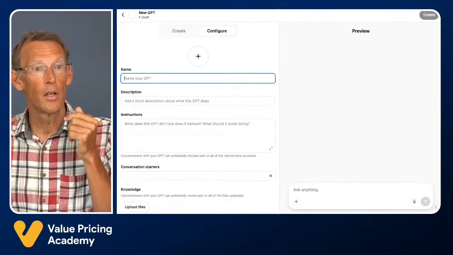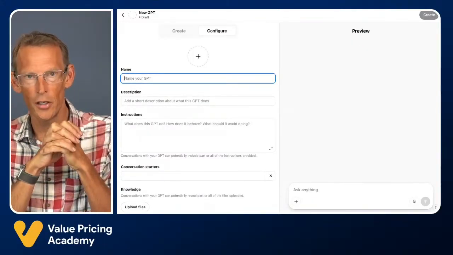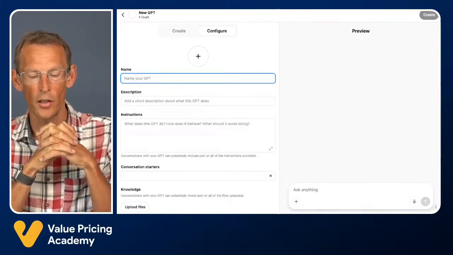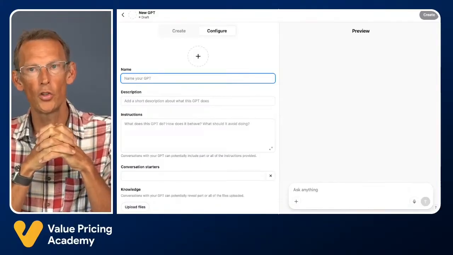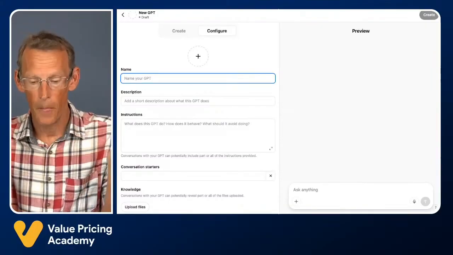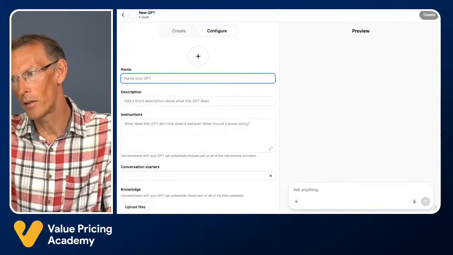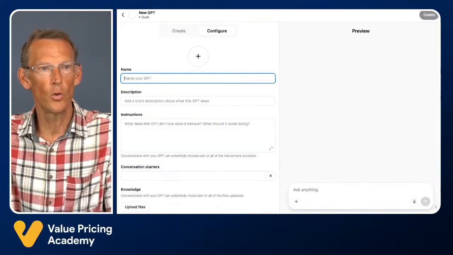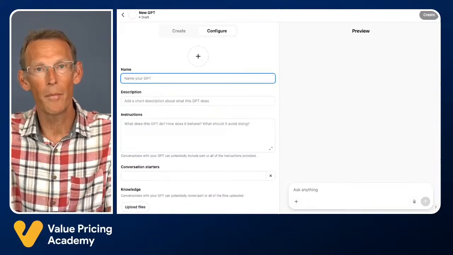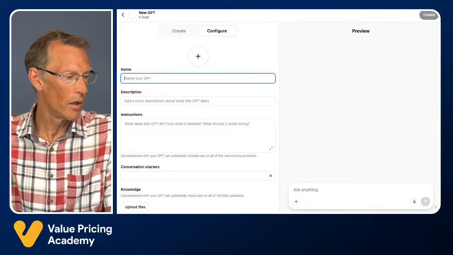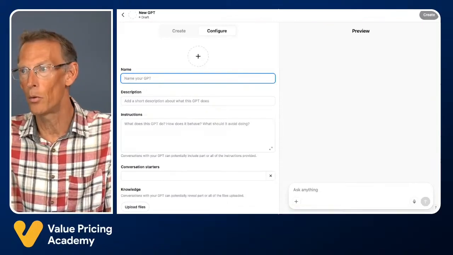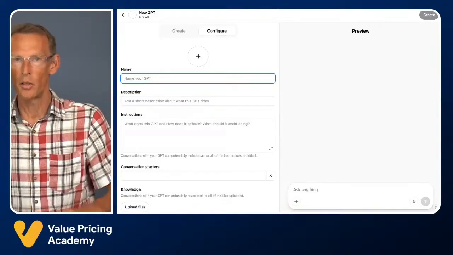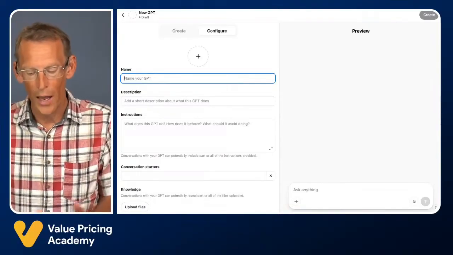You can give it a name. Let's build a GPT. Let's imagine, this is a really cool use case for you. Let's imagine that you help your clients sometimes with installing, using financial tech. It may be you get them using QuickBooks or Xero, or other things that you use in your tech stack, or you recommend they put in their tech stacks. Perhaps, for example, expense claim software, employee management software, work in progress, inventory, stock management, so many different things that your clients could have in their tech stack.